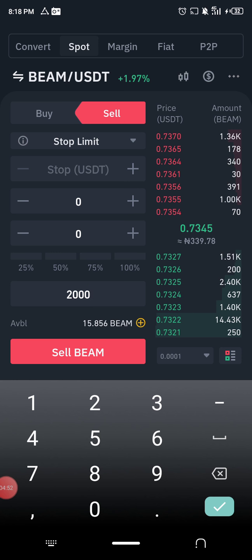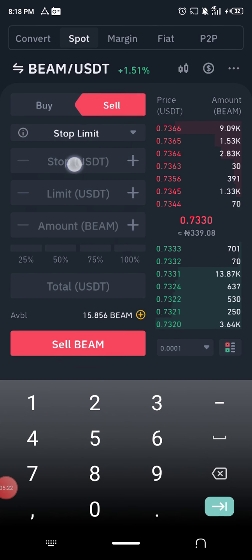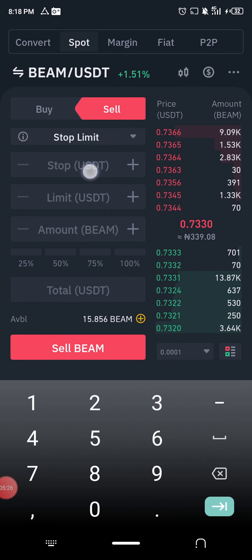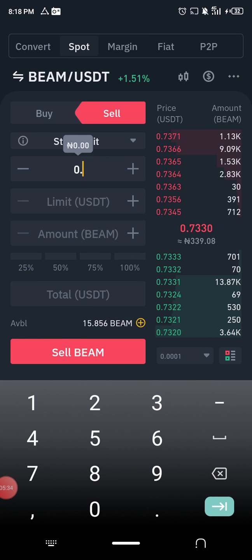Now, to protect your profits in case the coin starts coming down, you come over here and choose your stop limit order. You're holding this coin, but should it start coming down, this will be your stop price, where you're telling the coin to stop going down against you and to sell in your favor. So you say if this coin comes down to 0.065, it means that if it should come down to 300 naira,